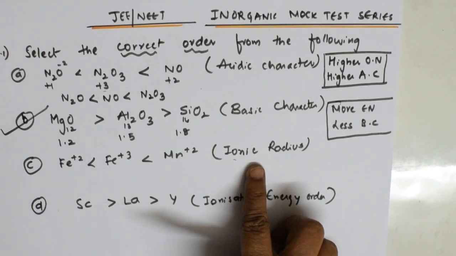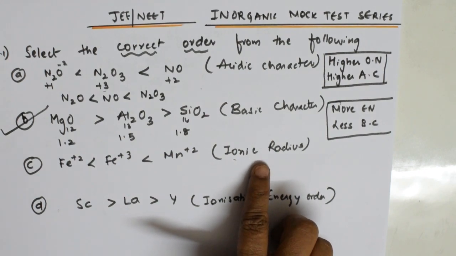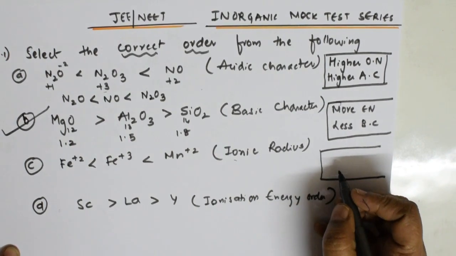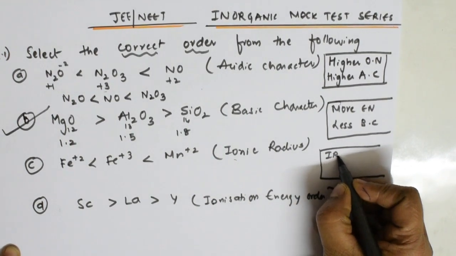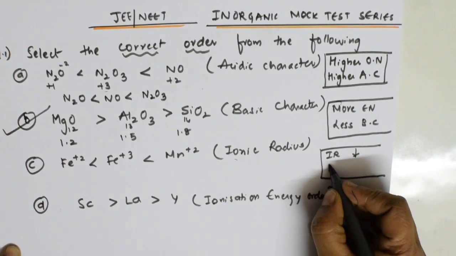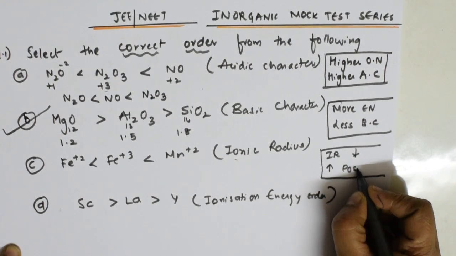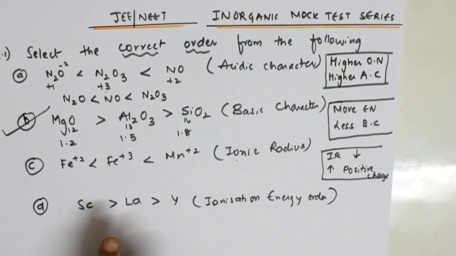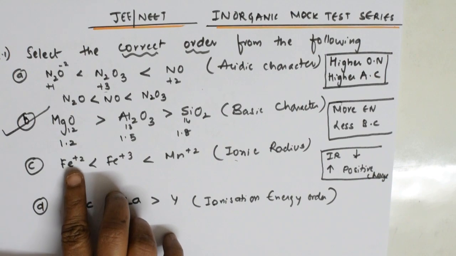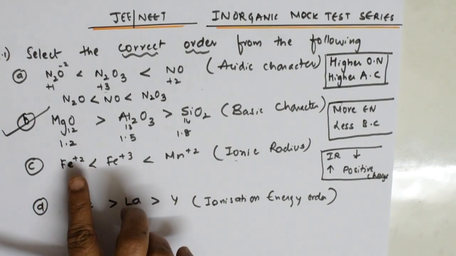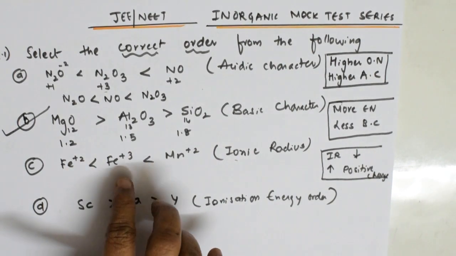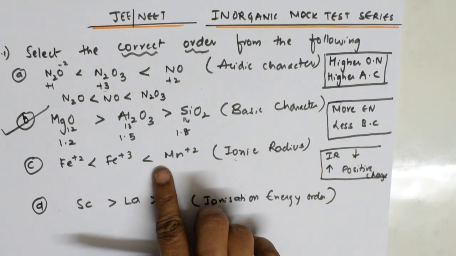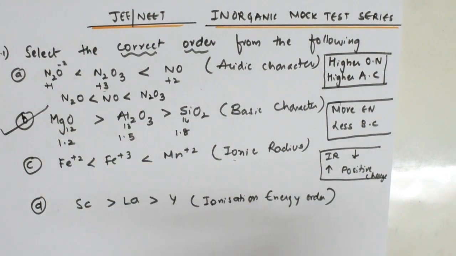So if they ask you in terms of ionic radius, what can you write? Just see here, there is one more clue which I'll give you: ionic radius decreases with increase in positive charge. So if the oxidation number of the positive charge increases, the ionic radius decreases. Now see here, they have given order 2, 3. The order is wrong, no? It should be Fe plus 2, Mn plus 2 and then 3, because we said ionic radius decreases with more positive charge. So this order is wrong.